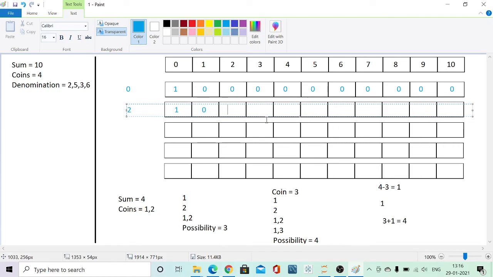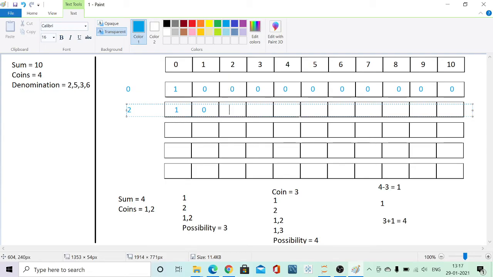Now there is a possible way to reach this sum 2 using the coin of denomination 2. It means that it is adding a way to reach this sum. Now we can see it with our eye that we can reach a sum of 2 using the coin of denomination 2. But if we apply this logic, we know that the possible ways of reaching 2 was 0.